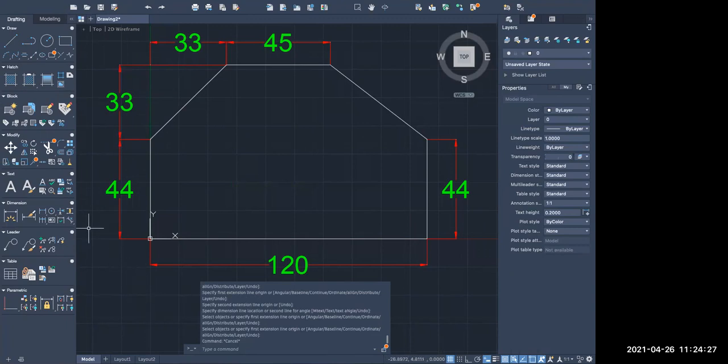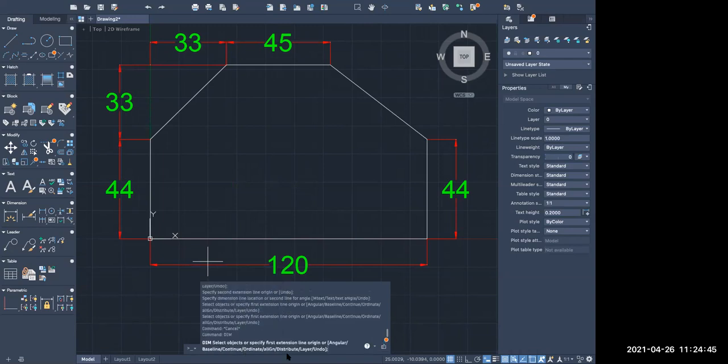Once you go to dimension, okay. So dimensions for this linear line, it can be horizontal, it can be vertical, or it can be inclined. So let me go for this command dim and see here how many types you are obtaining. Here you can see many options are coming like angular, baseline, continue, align, distribute, layer. So by default, what it will give you, it will give you